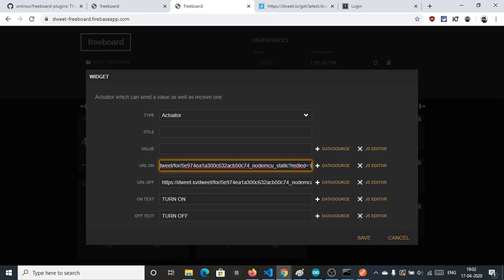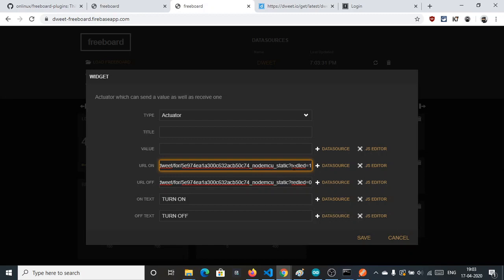It will post this in our Doit API. So this is how we used it in our project, and this is the URL for making the red LED turn off, and this is how we are turning it off. Fine, you can understand this. This is the thing name. It is user specific. It cannot be user specific as well, but as we are sending from NodeMCU to this thing, we are also subscribed, or you can say we are receiving there, so we are sending on the same thing here as well.